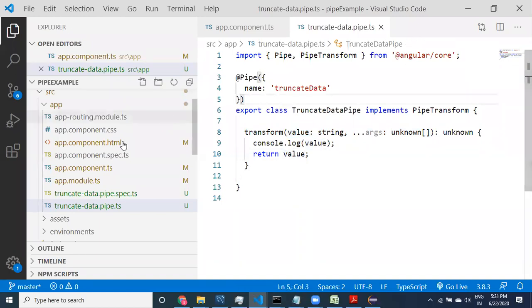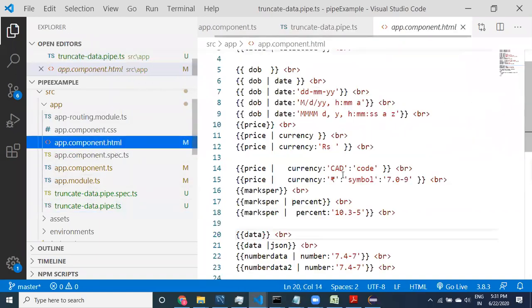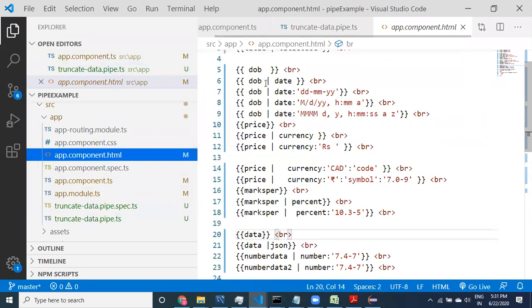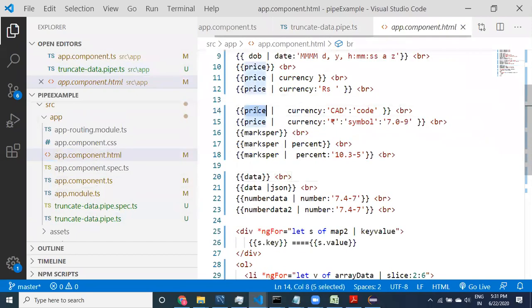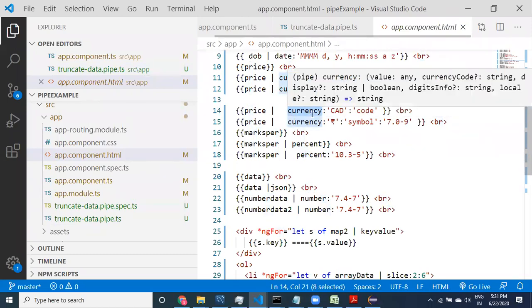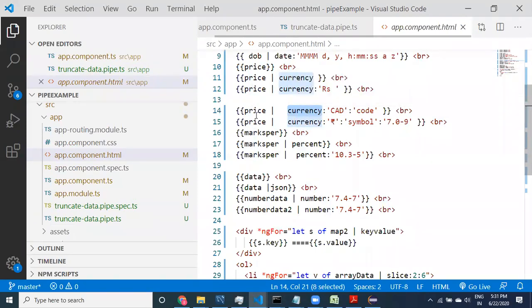Just to recall how it will be in the HTML. See here guys, assume this is a price, pipe symbol, pipe, and these can be called arguments. This is the pipe, and this is the value. We are applying the pipe for this value, so that this value is going to come to the first parameter.